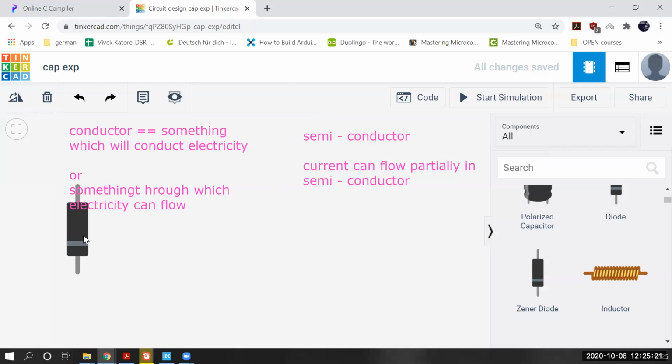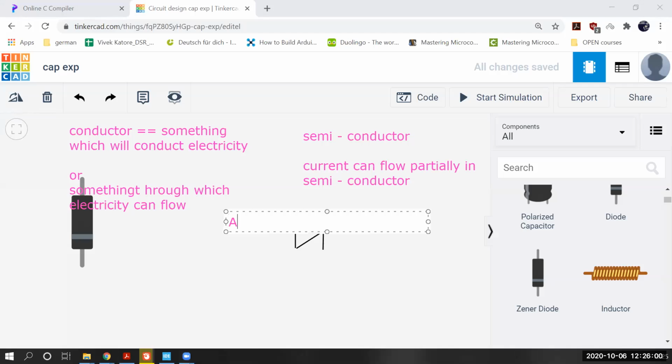So let's see. Let's take a screenshot quickly. I will remove all of this. You can write it down also, whatever suits you. So this is the symbol of a diode. This is how we draw a diode. This side will be called the anode, remember, I will write it here.